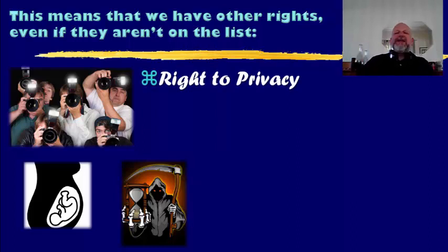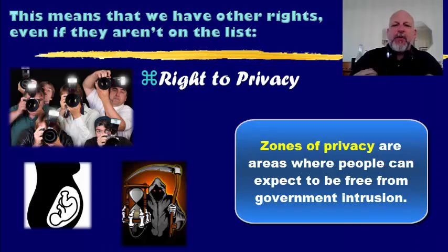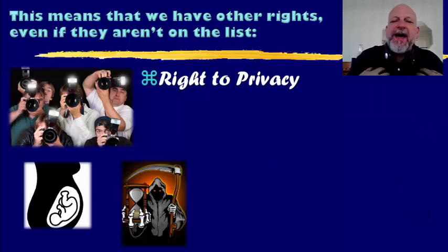For example, we have the right to privacy. Nowhere in the Constitution does it say we have the right to privacy. It kind of implies it in the Fourth Amendment. It kind of implies it in the Fifth Amendment. It kind of implies it a little bit in the Eighth Amendment, probably. But as far as specifically mentioning that there are certain places where people should be free from unwanted government intrusion, that is, we have the right to certain privacy, like in our persons, our papers, and our effects, in our homes, we have that right.